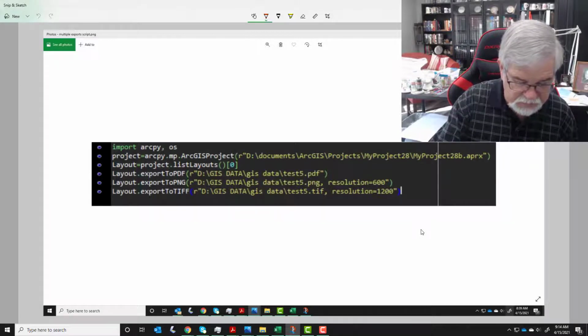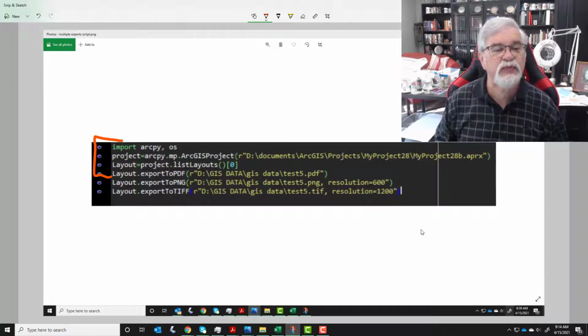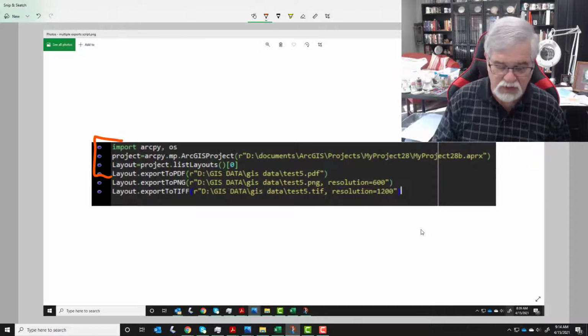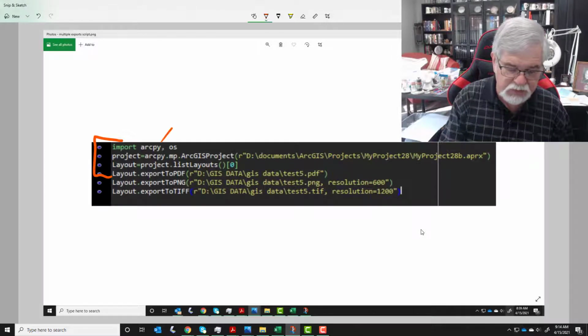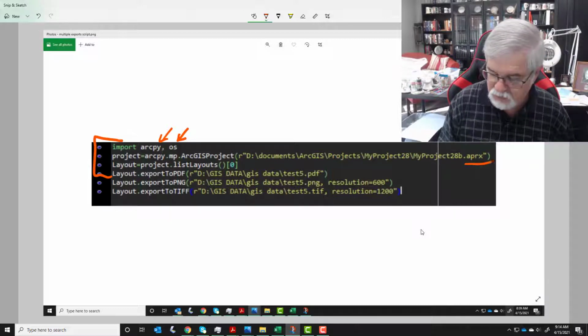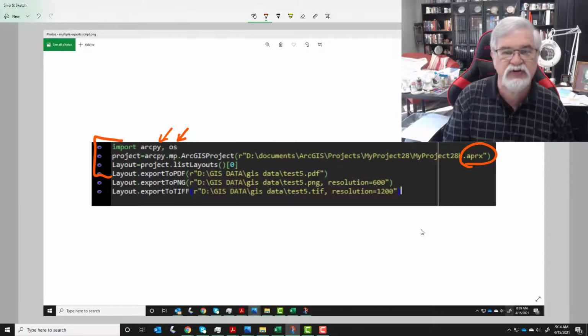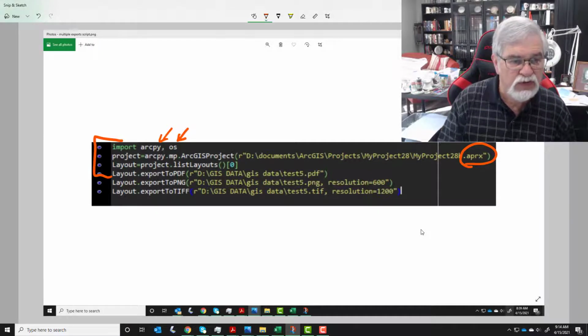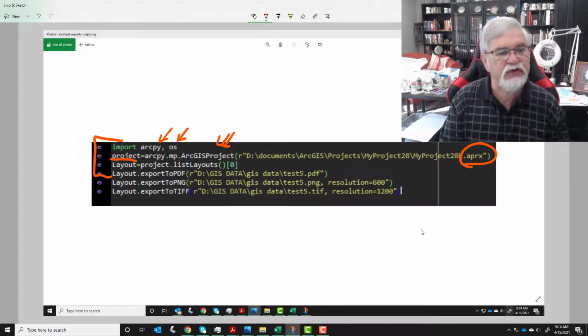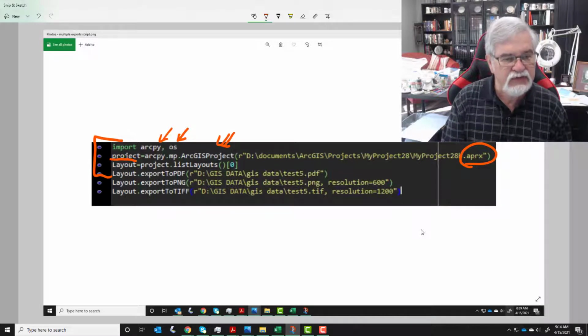4 lines of it is the same script as was in the previous lesson. But let's just review that real quick. We import ArcPy and we import the operating system. Since we're working with a project file, we know we're working with a project file because we can look at the extension. We need to use the ArcGIS project command, and we're creating a variable called project, and then we're